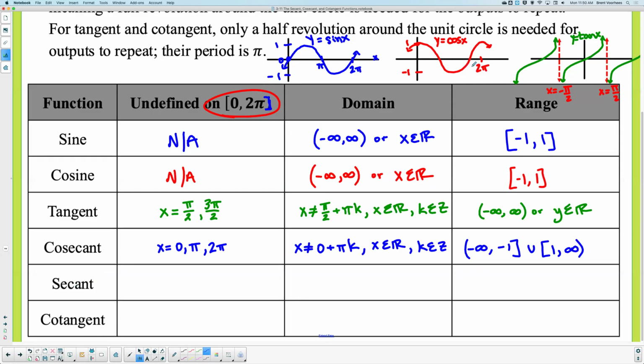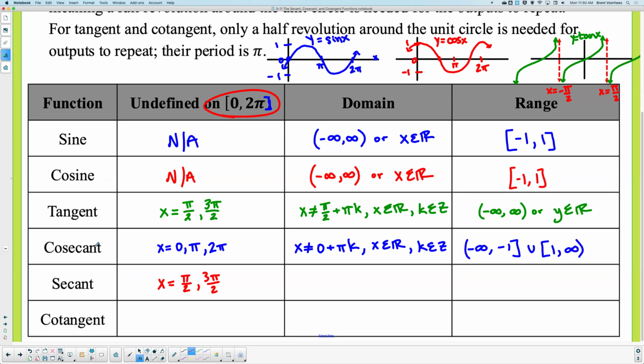Once again, secant's going to be 1 divided by cosine. So you're going to have issues anytime you hit your midline. What value am I hitting the midline at right there? I'll give you a hint. This is 0. That would be pi. What's this midline right there? Pi over 2. What about this midline? Okay, good. Pi over 2 and 3 pi over 2. You might notice those are the exact same values as